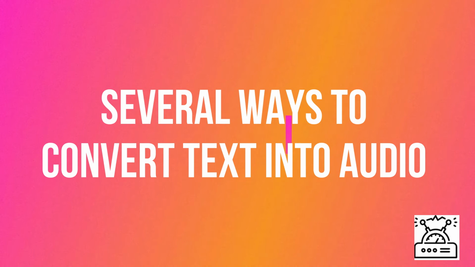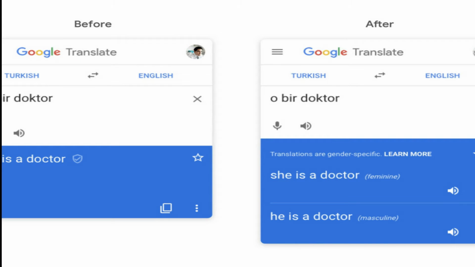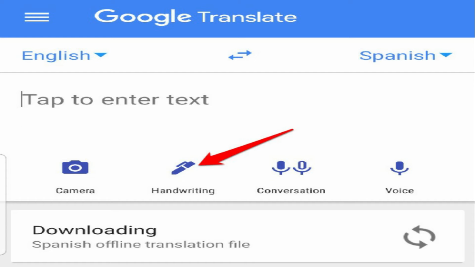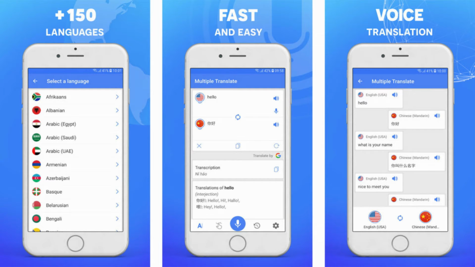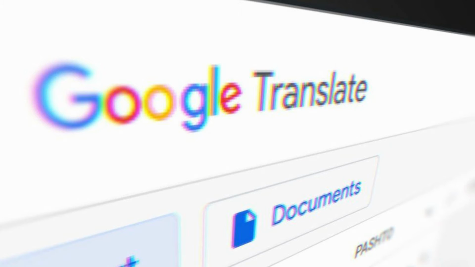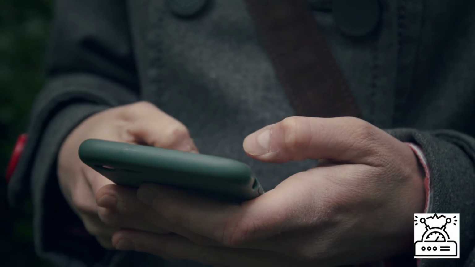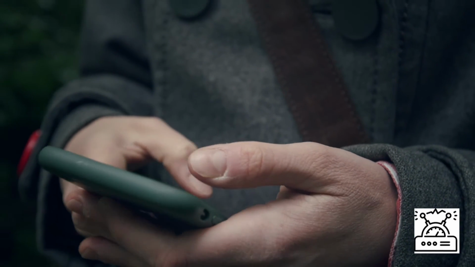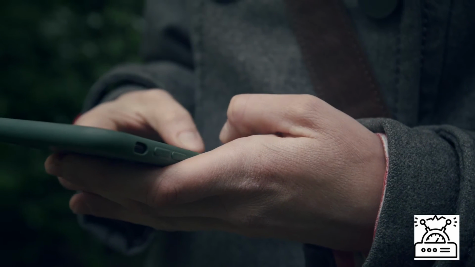Few of them are: first one is Google Translate. We come across words or sentences in different languages which we need to understand in our language. There are many applications to install from Google Play Store for free, but we can simply open the Google Translate feature. We can enter the text that we want to translate and listen to the speech in our language.